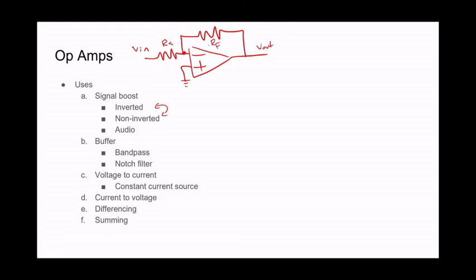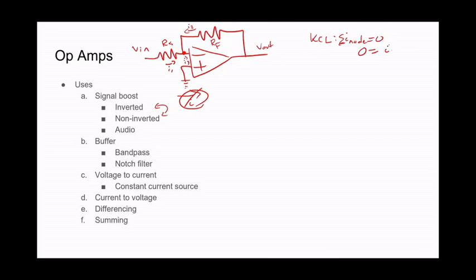The first rule that we need to use is Kirchhoff's current law, along with rule number 3, which states that there is no current into the op amp. Kirchhoff's current law states that the sum of current at a node must equal 0. So if we assume we have a current flowing in right here, we'll call this I1, a current coming in here, we'll call that I2, and a current coming out,